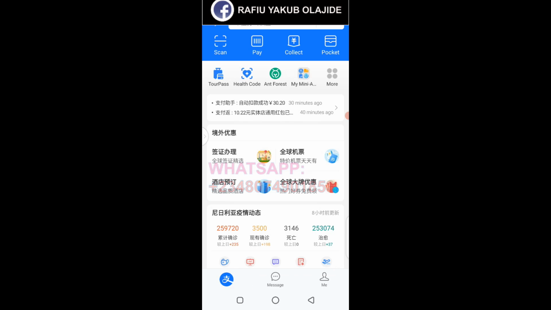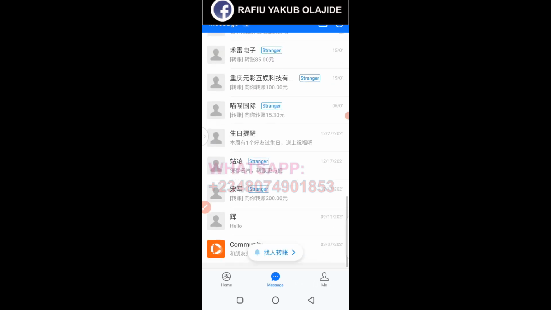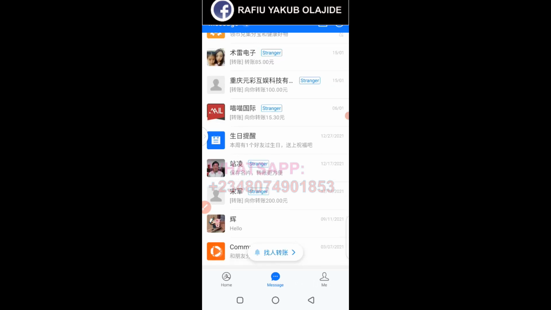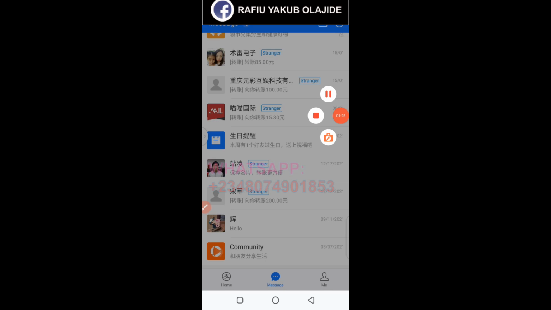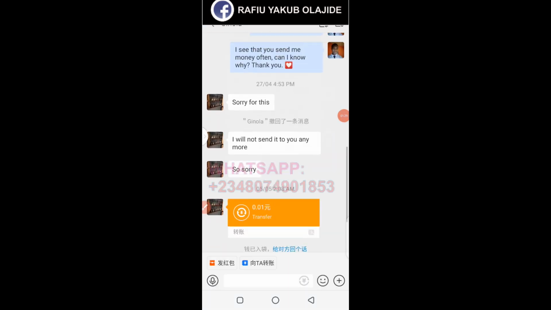So right here, all you have to do is to make sure you click on your inbox. Each time you make a transaction on Alipay, we always have an inbox to make reference to. I hope you understand that. So when you get to your Alipay inbox, all you have to do is to click on the person that defrauded you in Alipay. Okay, so when you click on the person's inbox,